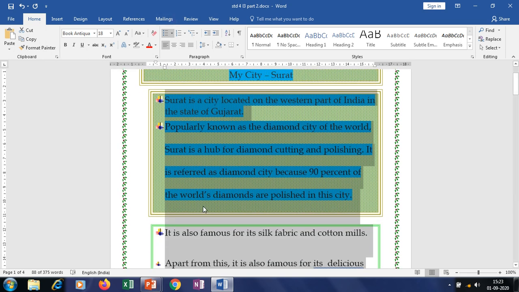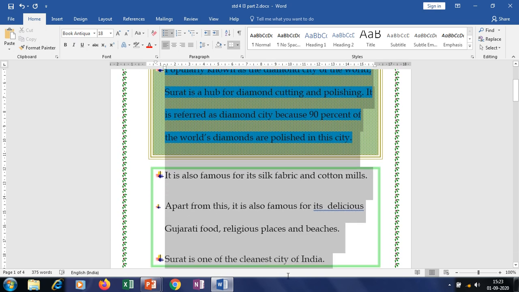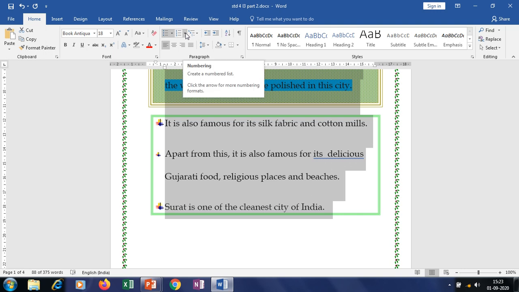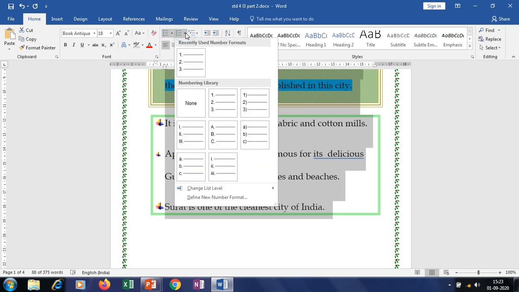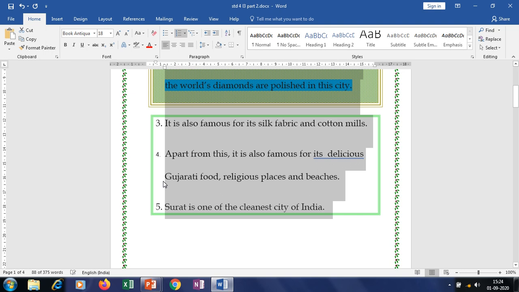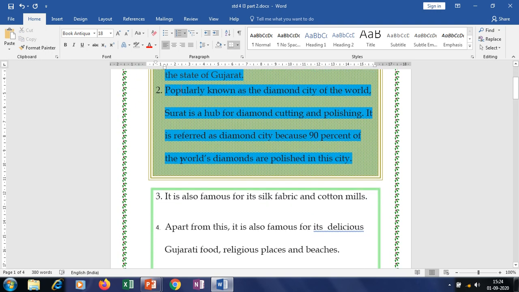Now if instead of bullets you want numberings, whatever you are doing, you have to select your text first. So I'll go, this is the numbering. Next to that you can see the arrow. Click on this arrow, and you have lots of numbering options, 1 dot, 2 dot. This way you can add, or this way align these numberings. Then Roman numbers are also there, you can use the Roman number, capital alphabet, small alphabet. Whichever you want you can select. Let's select this one. So you can see these are the numberings.